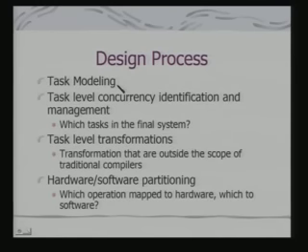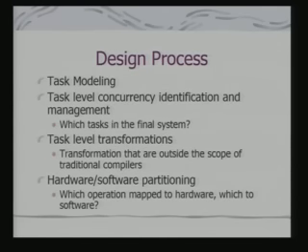So, the design process involves therefore task modeling, using any kind of modeling tools. Then task level concurrency identification and management: which tasks are in the final system, and how the tasks are to be put in concurrent models or concurrent modules.